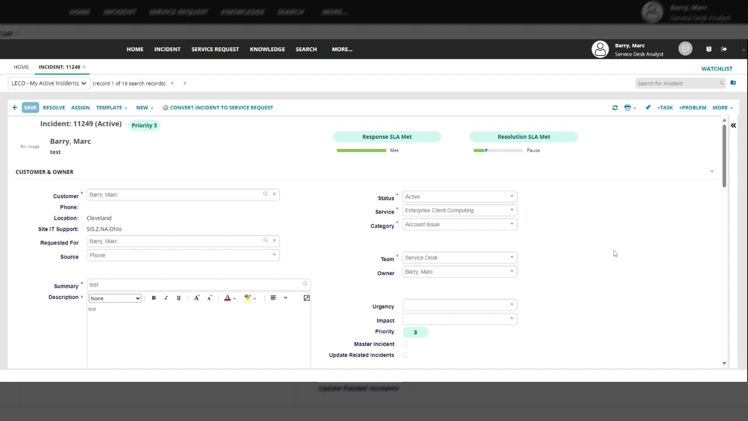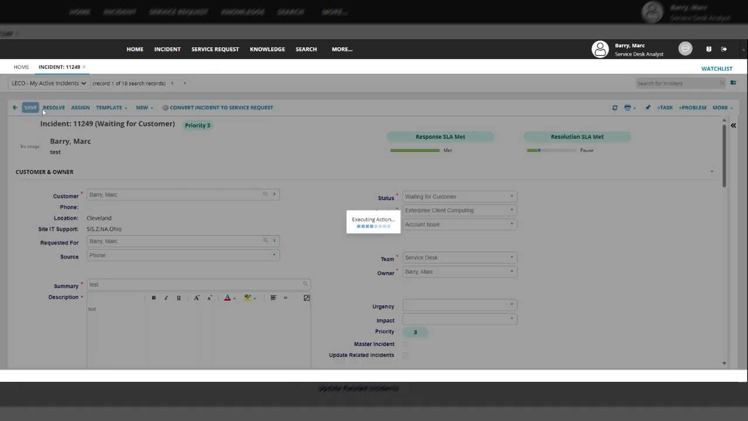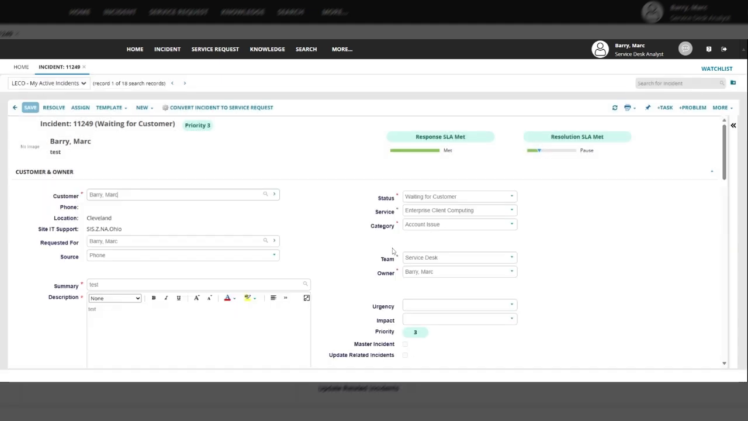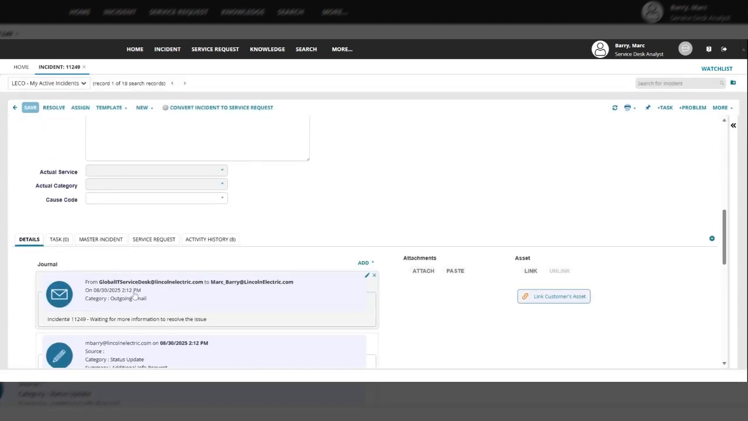And finally, we will cover the waiting for customer status. So on an incident ticket, you can set the status to waiting for customer. And when you click save, it will prompt you to enter notes for the customer. Need more information. And click OK. Now this will send an email to the customer telling them that the ticket has been